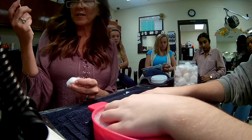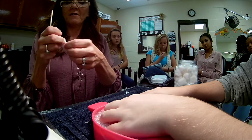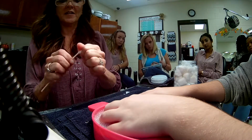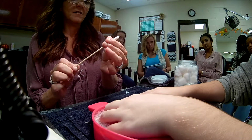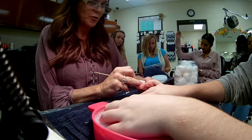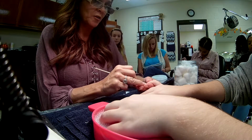So take your orange wood stick and get your piece of cotton, spread it out a little bit, and then just roll it. Get it tight, and then dip it in the water. And this right here gives you cushion to push up against the cuticle, and you just push. You need to put a little bit of force, but not too much,